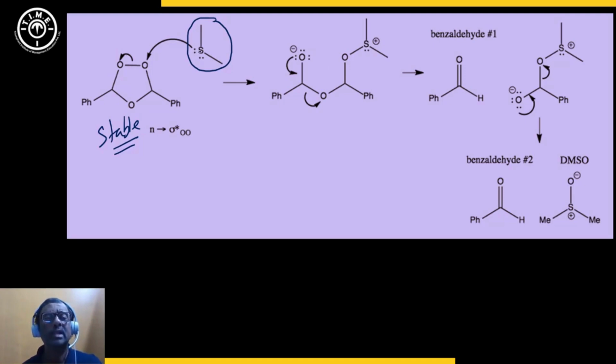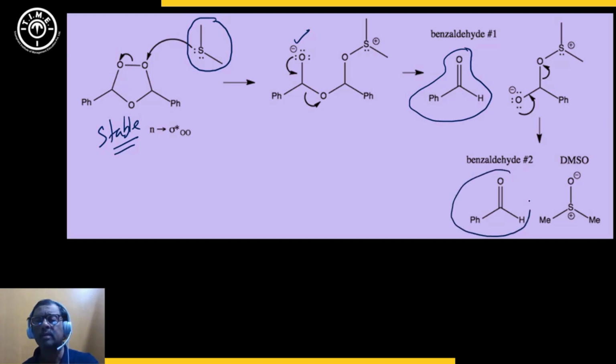So this methyl sulfide sulfur is attacking this oxygen, that O becomes O minus, back polarizes, you get a double bond, and this becomes a minus here, and then you get a benzaldehyde here. And the remaining part will also be another benzaldehyde because it's coming from a symmetrical ozonide. And then whatever methyl sulfide you got, that became